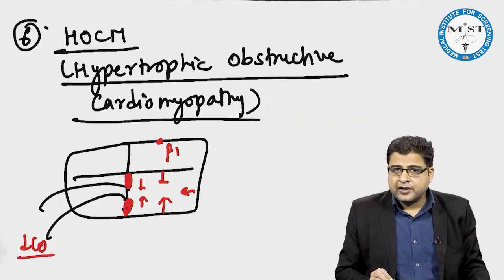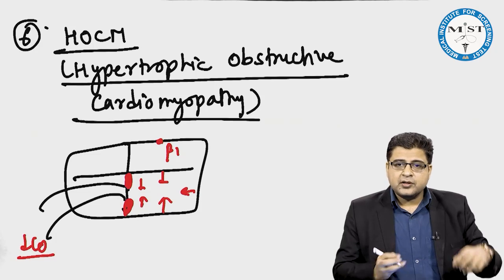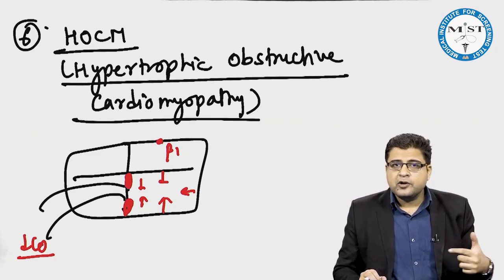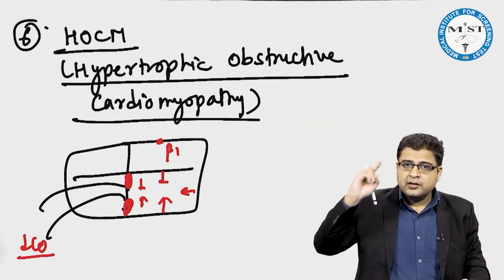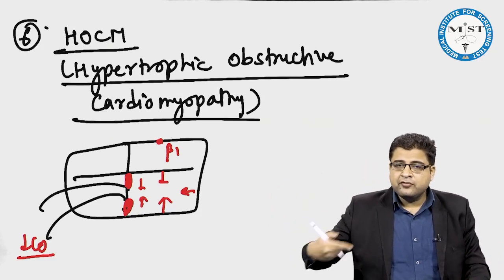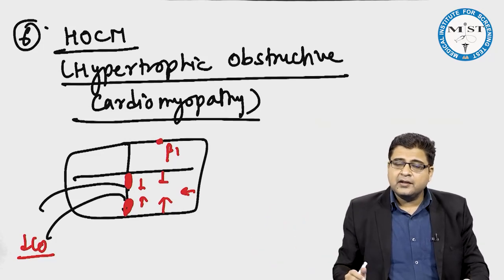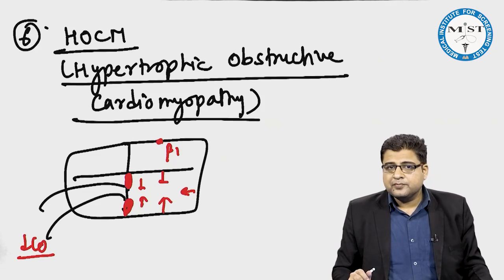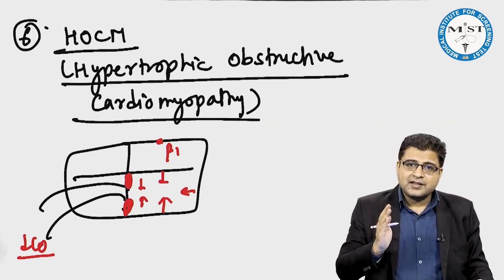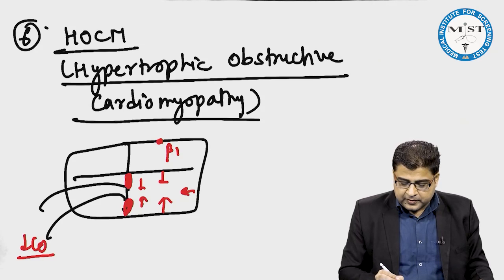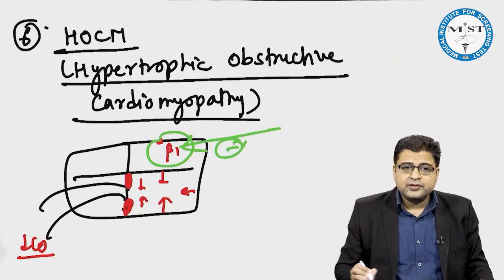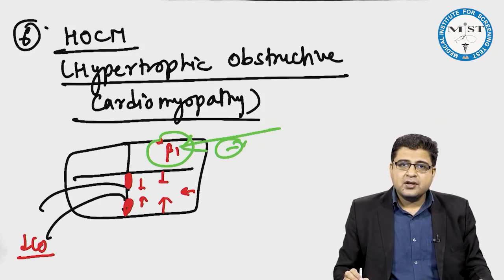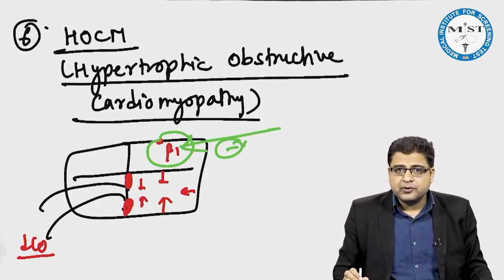Every time heart will contract, hypertrophic portion come close to each other, causes obstruction to the flow of blood, cardiac output is reduced, signal will go to brain, there is further increase in sympathetic tone, further stimulation of beta 1 receptor, and there is further increase in force of contraction and hence reduced blood flow. So what we have to do, we have to break this cycle. So beta blockers are given to break this cycle and therefore improve this blood flow towards aorta. So in patients of HOCM, beta blockers are given to improve the cardiac output.